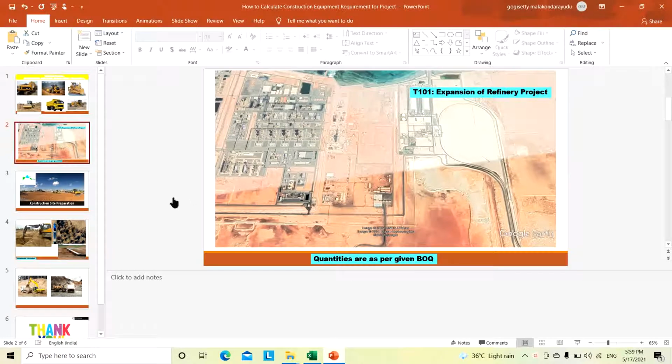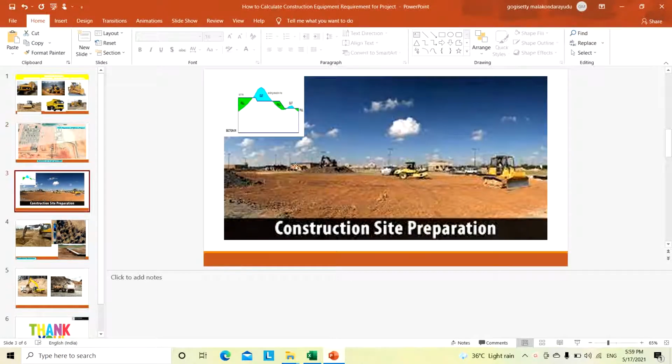Based on the given BOQ, to do activities like cut and fill and site preparation, based on the drawings we have to do the different formation levels. Existing ground levels are like this: some places are high, some places are low, so cutting is required, filling is required. To do this, we want to engage the dozer, excavator and grader, and for filling and compaction purposes, rollers and, for watering, water tankers. This is the construction site preparation process.